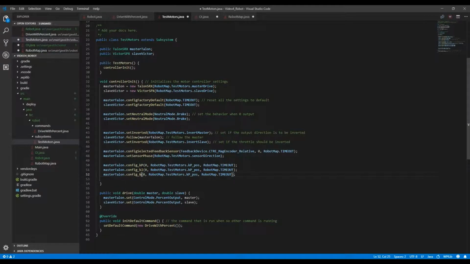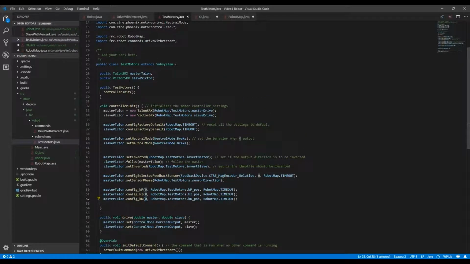I and D. Change this to I and D. And there we go. And this slot 0 here, it's not great to hard code it in like this. Really, I should have a constant in here that says position slot equals 0. Yeah, I want to do that. Why not? Let's do